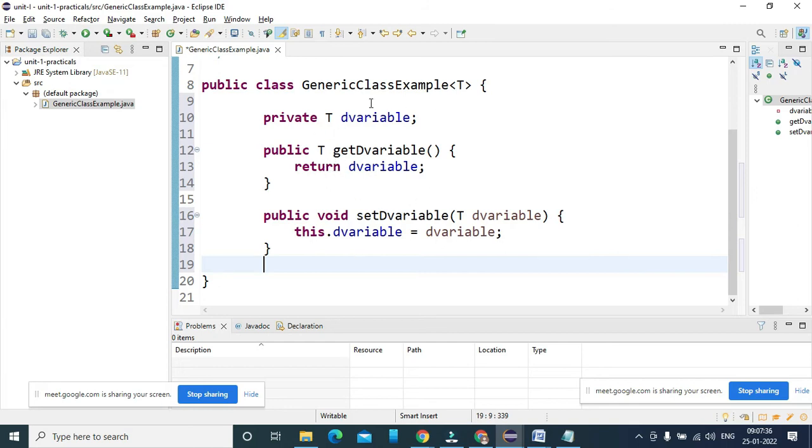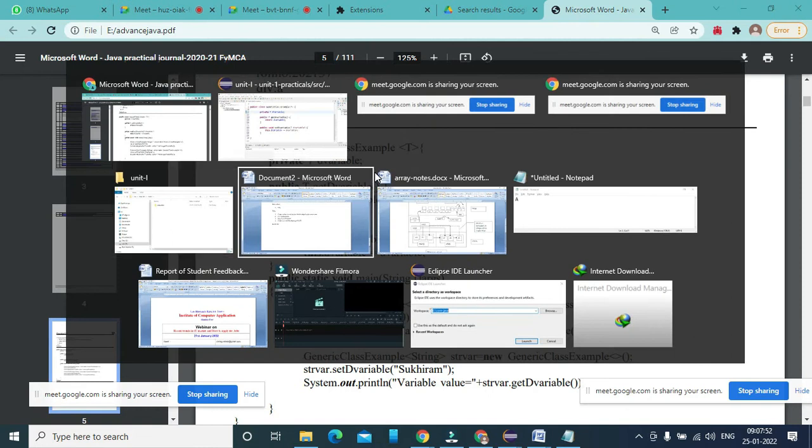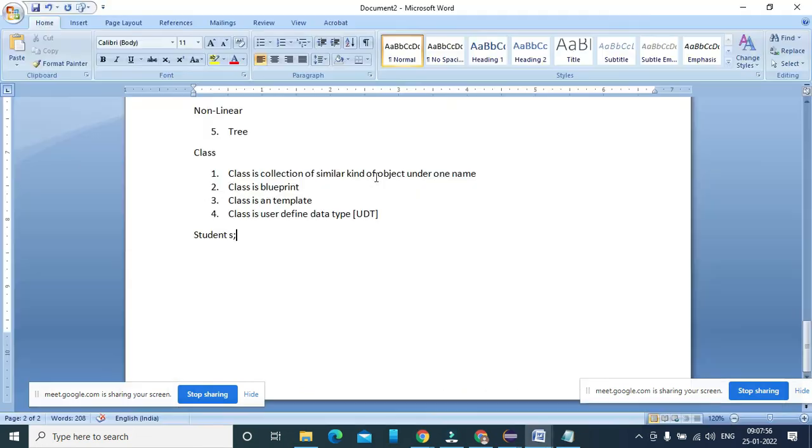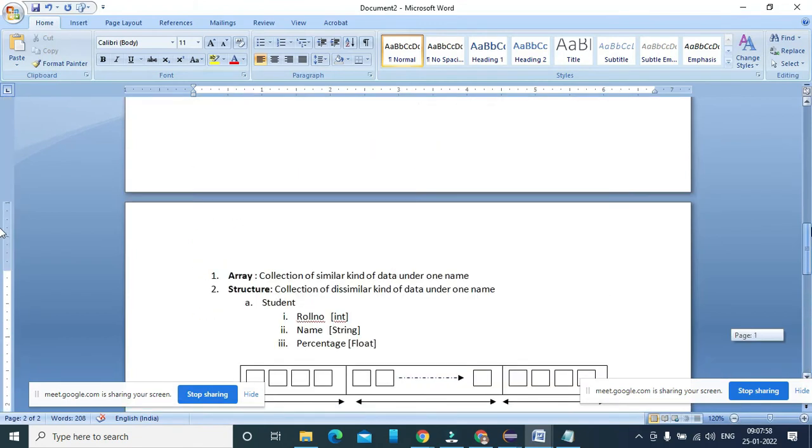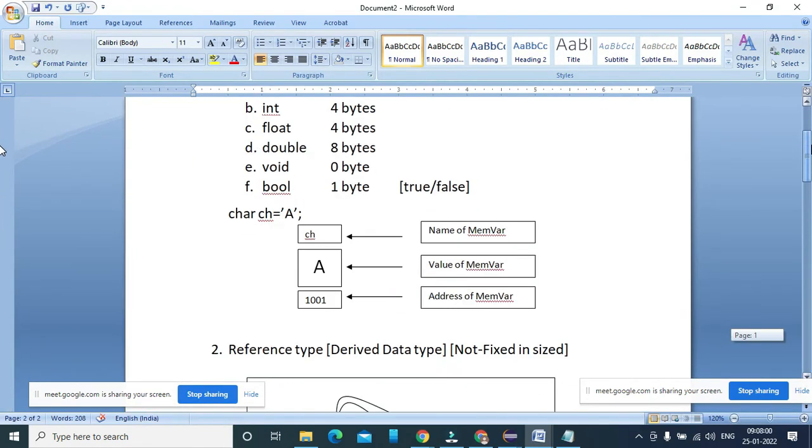Otherwise you should declare those things. So that's why we are calling this generic. Okay, so generic means whatever the definition you are using, it is applicable for all primitive data types. तो जितने भी primitive data type यहाँ पे हमने learn किए हैं, okay, तो ये सब primitive data type के लिए मैं generic class निकालना.